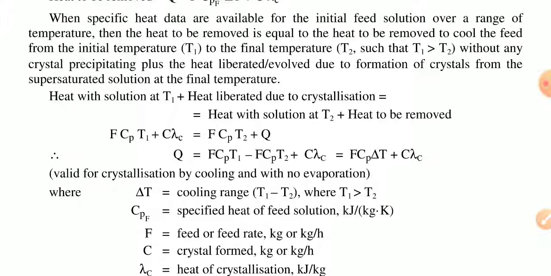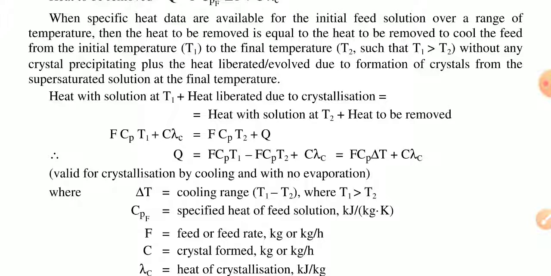The heat to be removed is the heat to cool the feed from the initial temperature T1 to the final temperature T2, such that T1 is greater than T2, without any crystals precipitating,